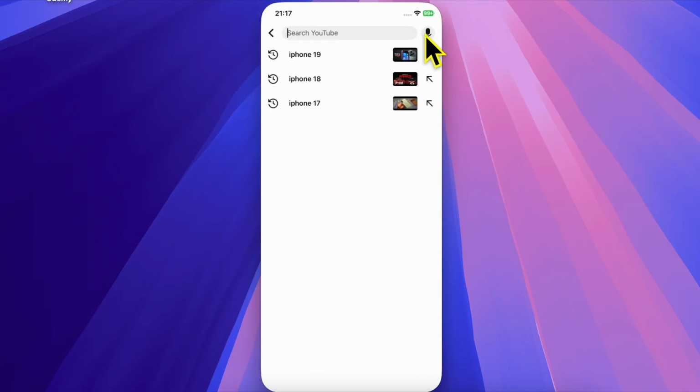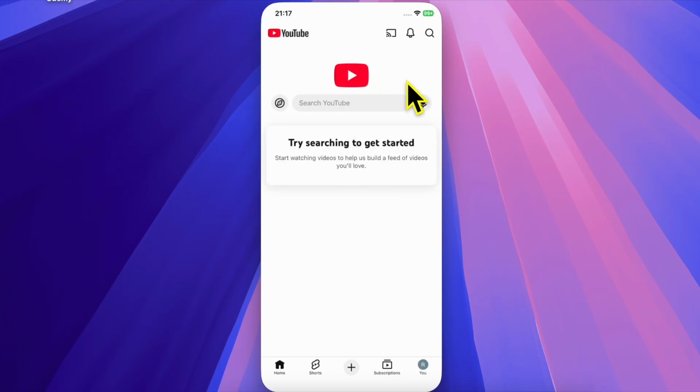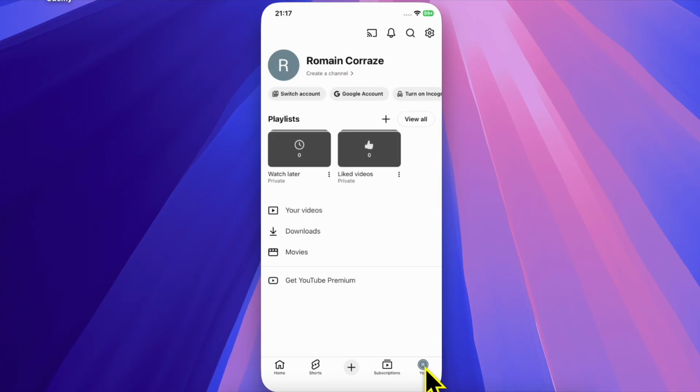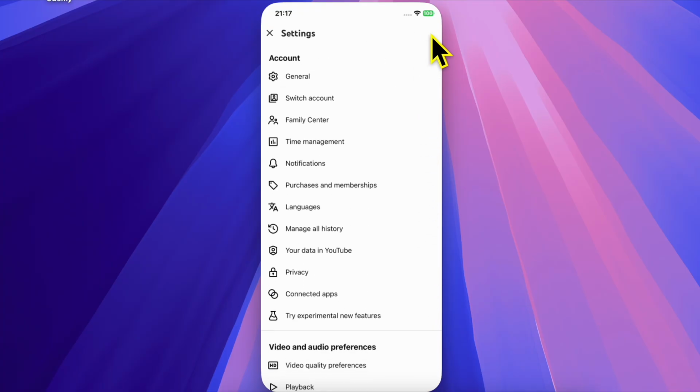Now let's see my YouTube history. As you see, iPhone 17, 19 and 18. Now to delete this search history, it's simple. Just from this YouTube homepage, click on your profile icon from this corner and then click on this little settings wheel